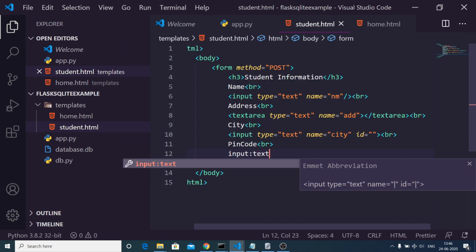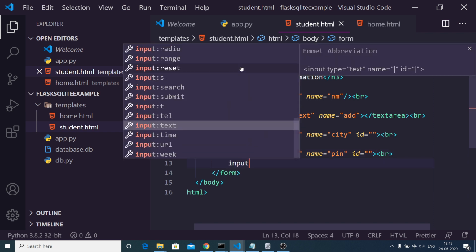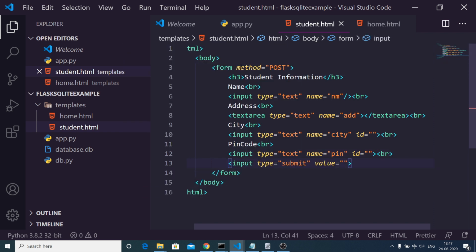So this will be again input type text and the name will be pin. That's it. So again give a break tag. Lastly we will have a submit button in order to submit the form. So the value will be simply submit. Put a break tag like this. So our form is ready.